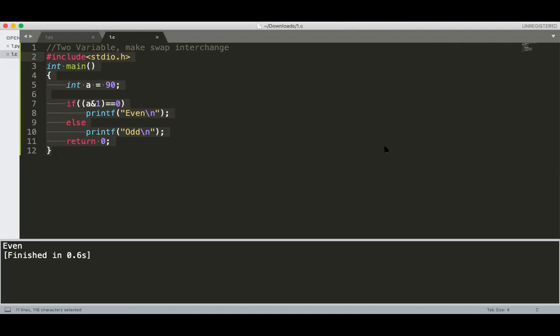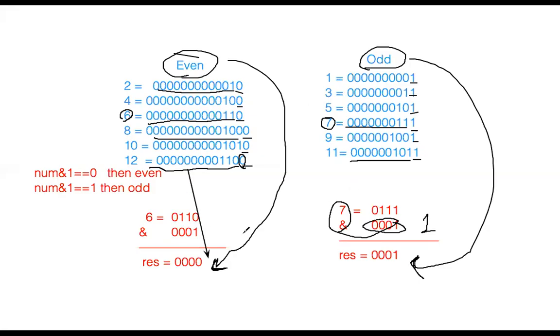Yes, these are some problems that have been asked in your MNCs. They don't want the traditional method, they want out of box thinking, and whatever I have shared on the whiteboard is called out of box thinking. You have to see the last bit. If the last bit is 0, then it is even. If the last bit is 1, it is odd number. If you tell only this logic, then you don't have to write the program. Directly they ask the next question.